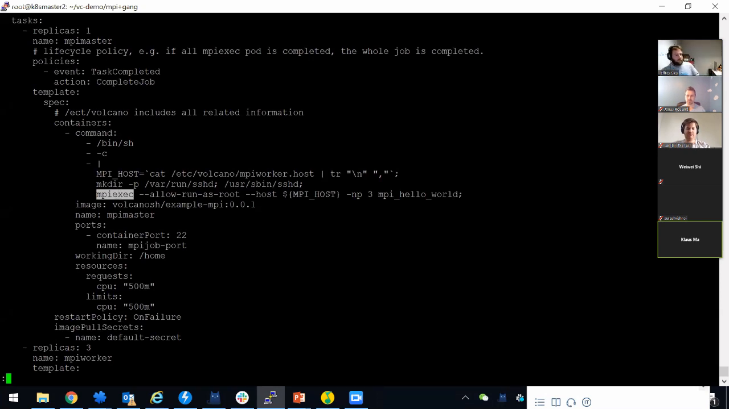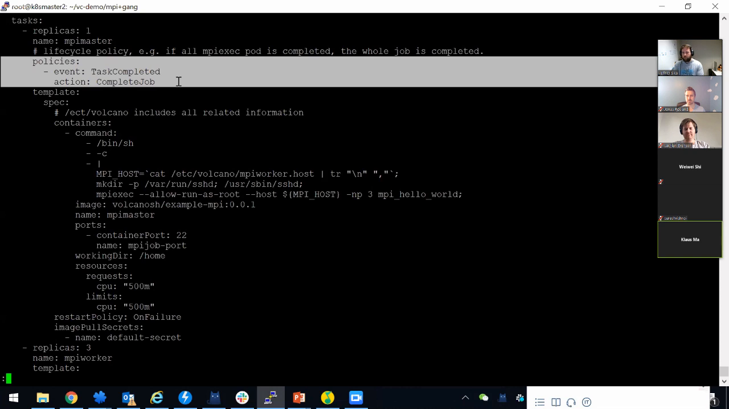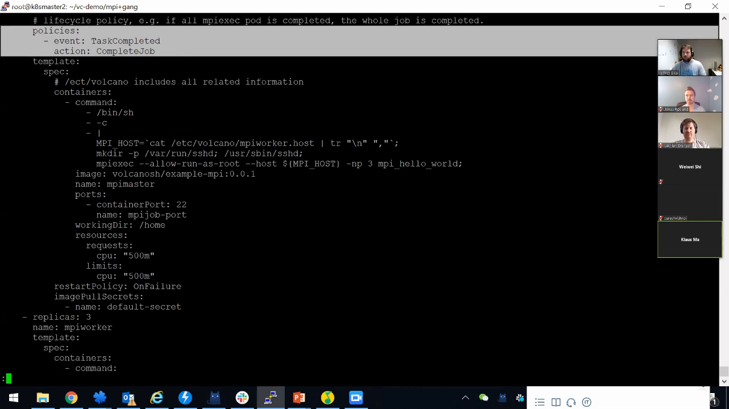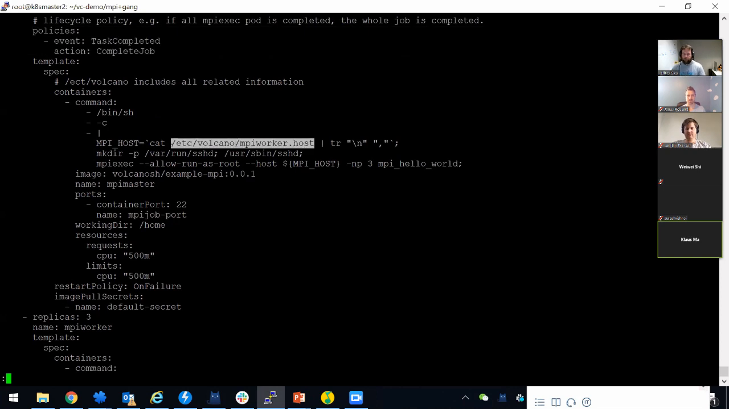So for example, for TensorFlow PS and worker, you can consider if the worker is complete, the whole job is finished. So you can put this policy into different tasks to make sure if part of the tasks is complete, we consider the whole job is complete, is finished. So we have lots of information in this directory in etc volcano, and this is the host list of the